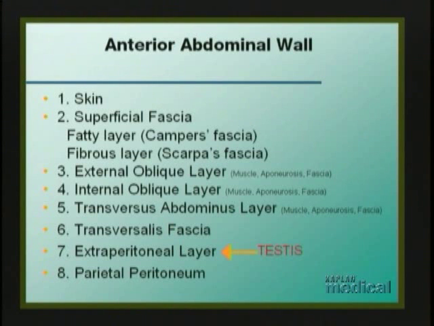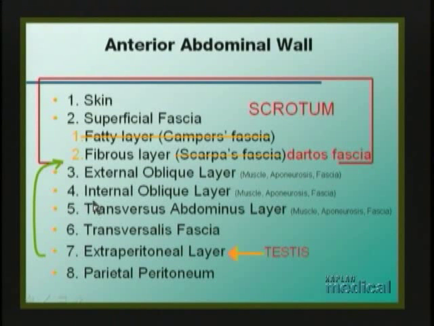So this is the layer in which we would expect to find the testis during its developmental stage. But we know that the testis does not remain in the posterior abdominal wall in the extraperitoneal layer. It ends up in the scrotum. So the question we can ask is, where does the scrotum fit into this scheme of layers of the abdominal wall? And what we will find is that the scrotum is in layers 4 and 5,